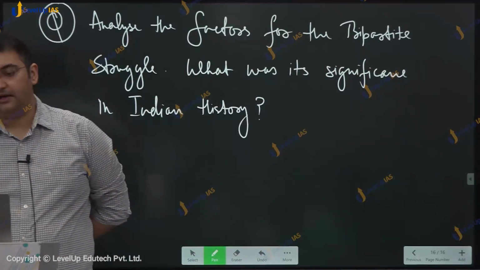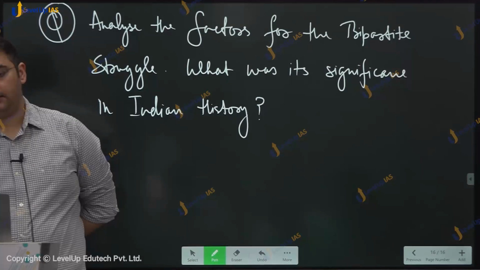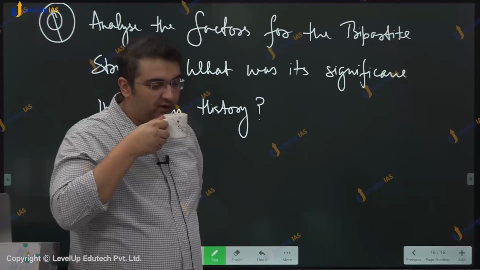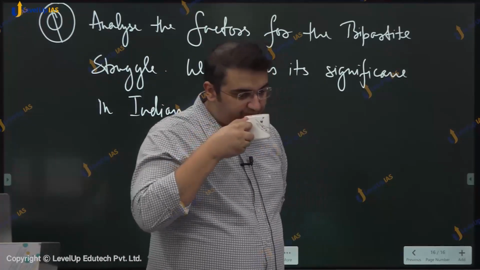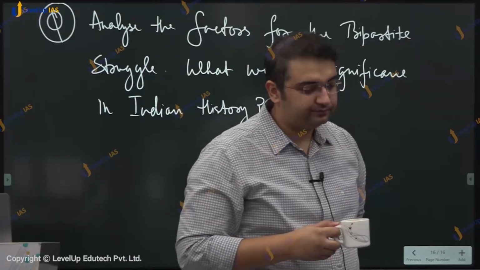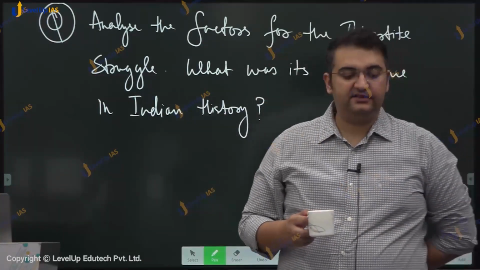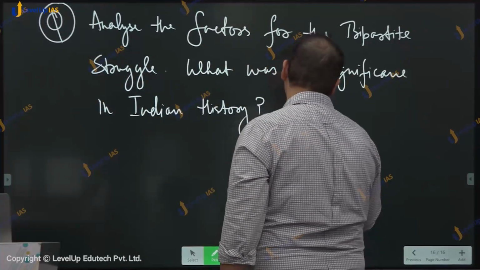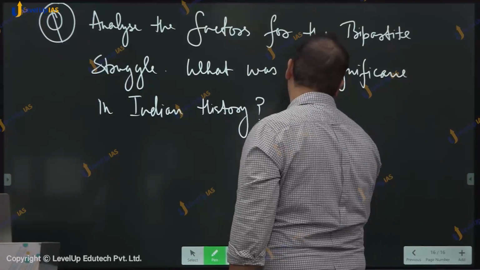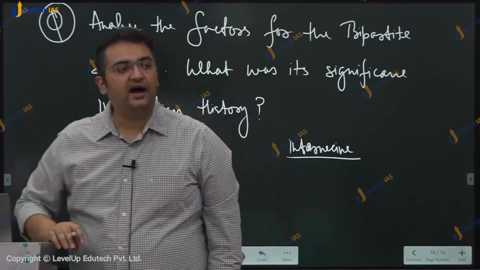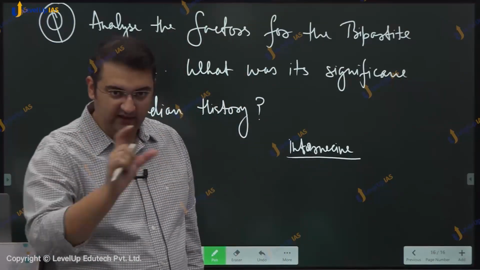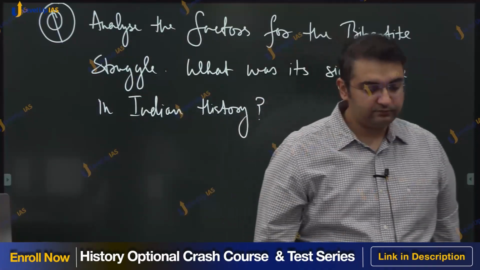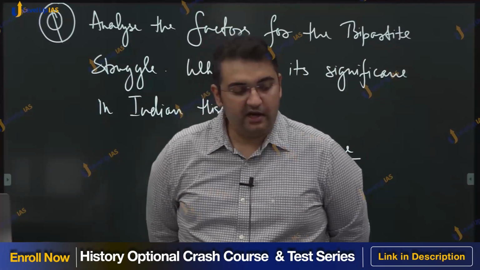देखो, the tripartite struggle was an intense period of internecine warfare. इंटरनेसिन मतलब अनसीजिंग बट पीरियोडिक, एक लड़ाई होगी, थोड़ी देर के लिए पीस रहेगा, दोबारा लड़ाई होगी. ठीक है, internecine warfare between three powerful empires,